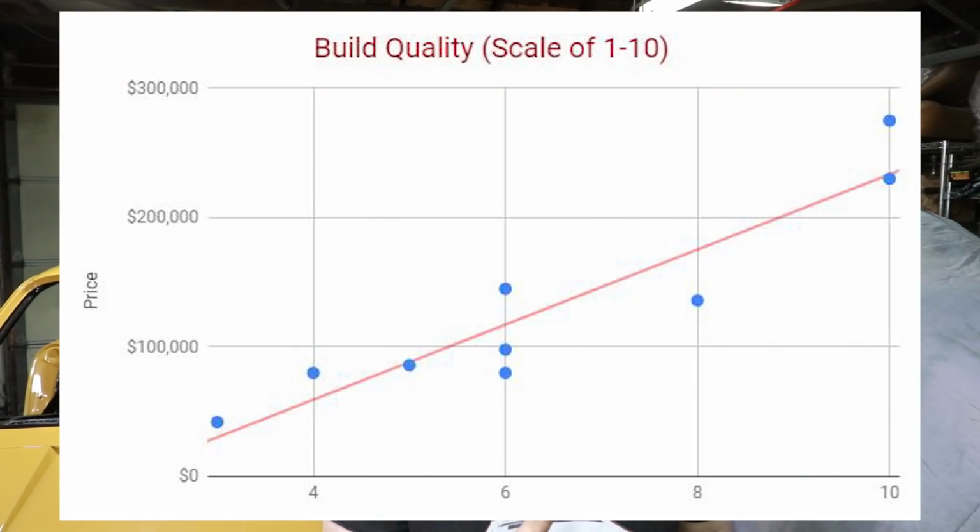So for me, I have a different viewpoint on that. I would rather have more performance and less aesthetics, but everyone's different, and that's kind of the beauty of looking at these cars. Really just understand what the trends are, what people like, what the market says. And I did this last time. I'm going to be updating the charts that really kind of highlight a few trends